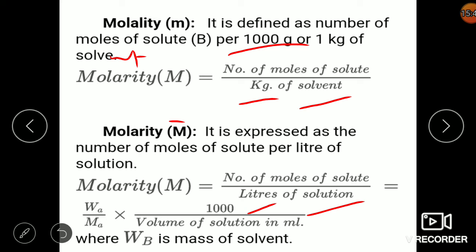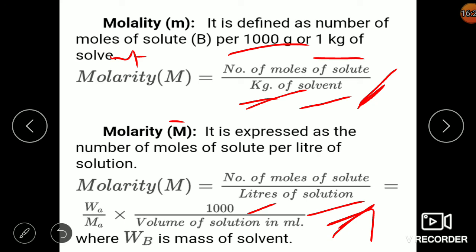So which one is temperature dependent? Temperature dependent will be the one that depends on volume. Now out of these two, which one is dependent on volume? Molarity depends on volume. So molarity will get affected with temperature, but molality will not, because in molality we don't get any volume factor. Everything is constant. Here mass is constant, and the number of moles will be the same for a given reaction. So molality will not change with change in temperature, but molarity will change. So which one is better? Molality is better because the value will remain the same for longer than that of molarity.